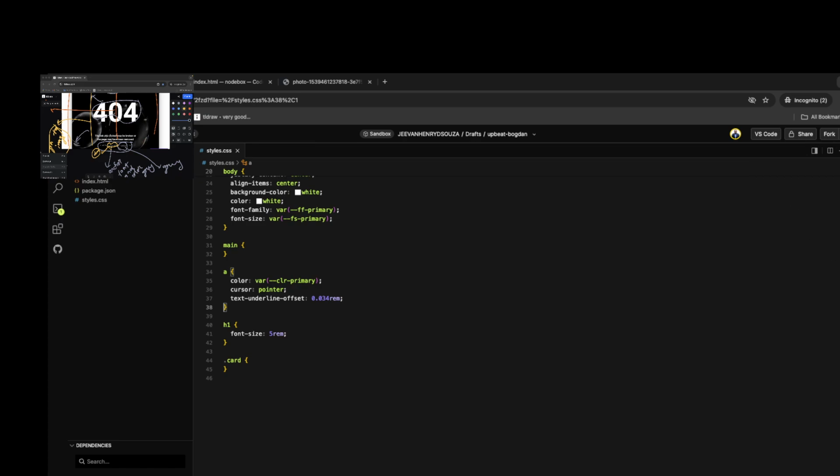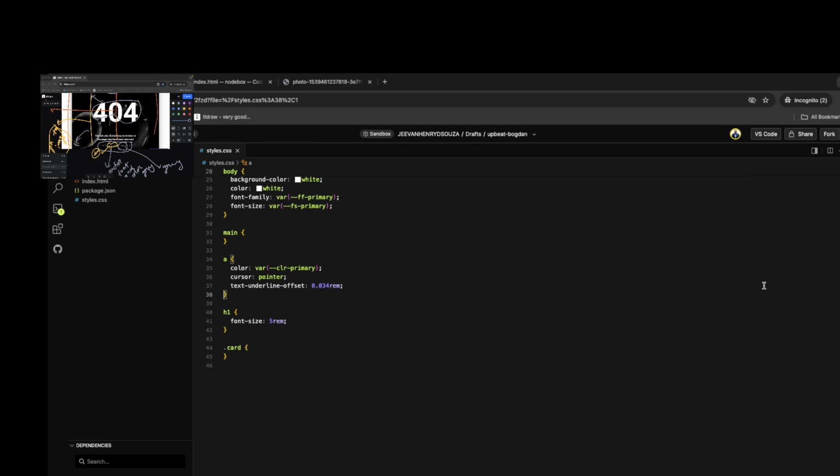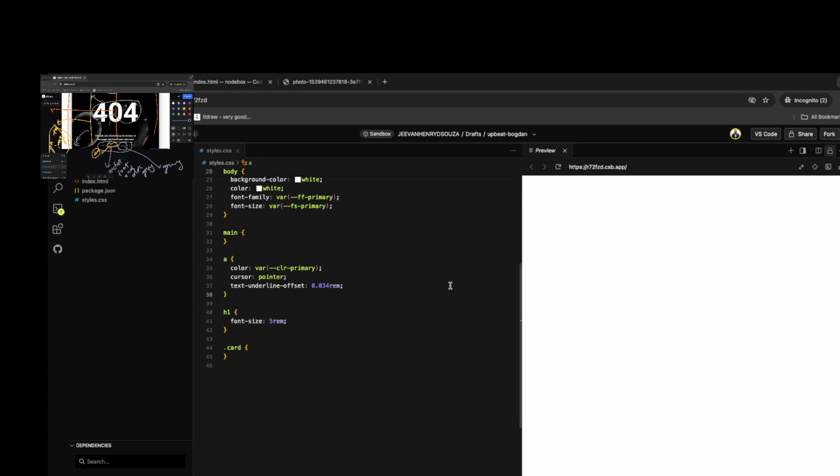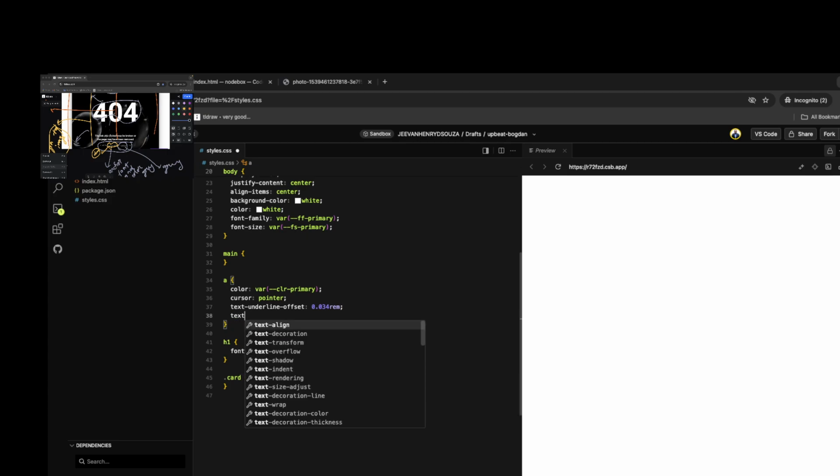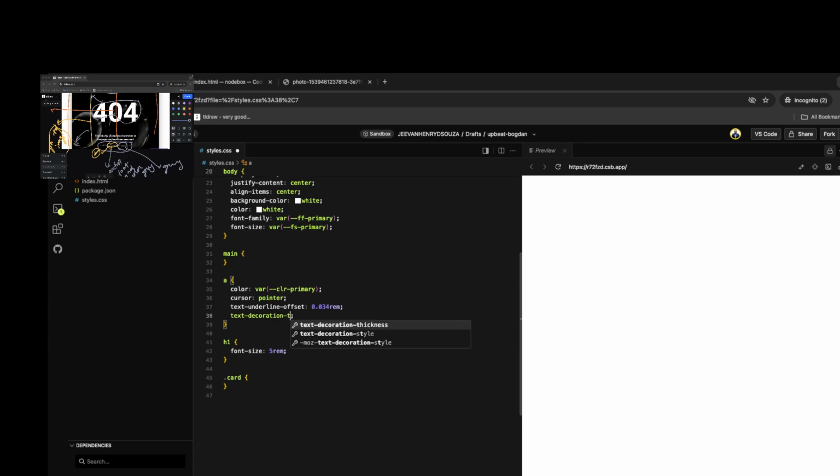So we have given the offset, and then we give it a decoration. Like line thickness is what we are talking about. The text decoration thickness is